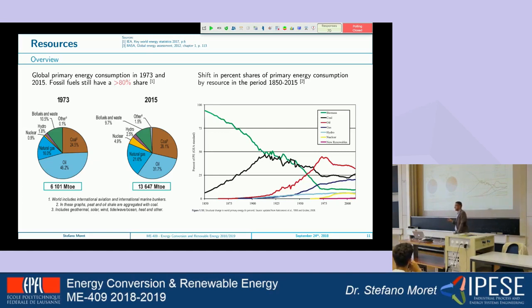If you look at this graph on the right, which shows the percentage of fuels that are used, this is something that happened only in the last 150, 170 years. In 1850, 95% of the energy needed by humans was supplied by biomass, so basically combustion of wood in most cases. And you see that the consumption of fossil fuels evolved only in the last 170 years, and now they have basically the share that we've seen before. This wouldn't be a problem if there weren't all the consequences related to climate change and global warming that Francois has shown you in the previous lecture.